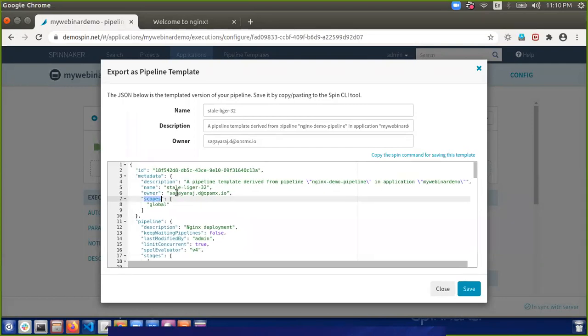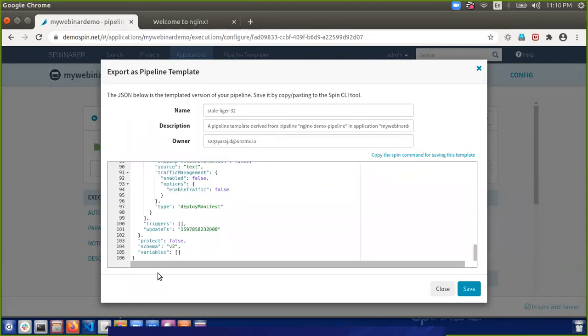scope and metadata information. I think it is at the bottom. Yeah, the schema version will be there. So pipeline templates, there are two versions. Currently version 2 is in effect. So this will be active. And